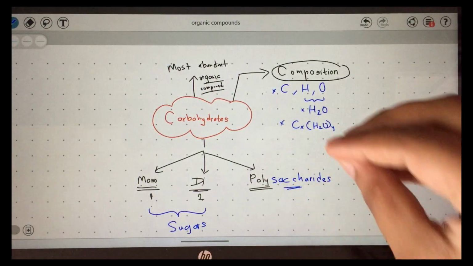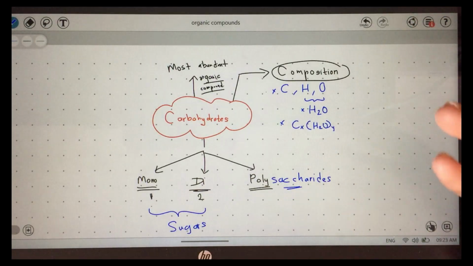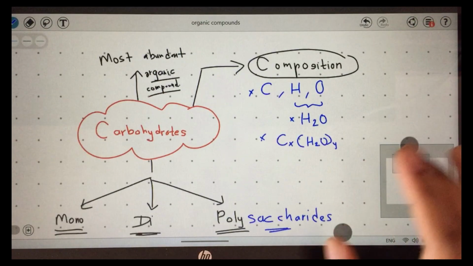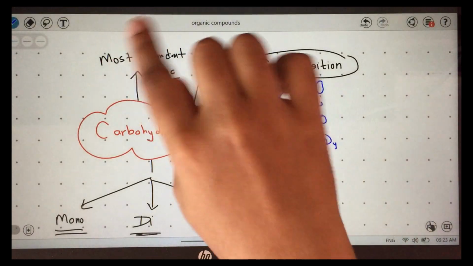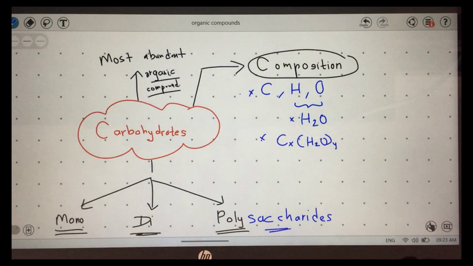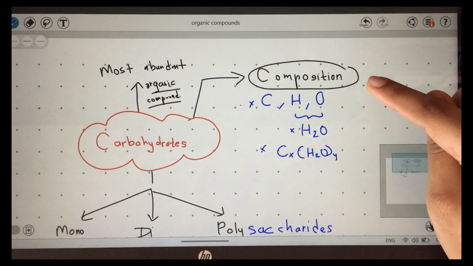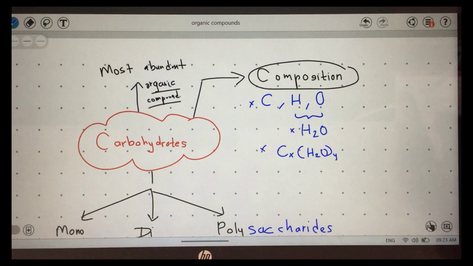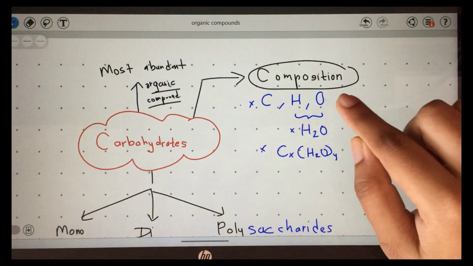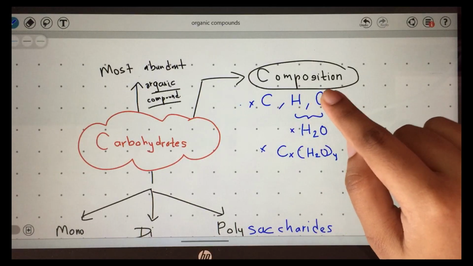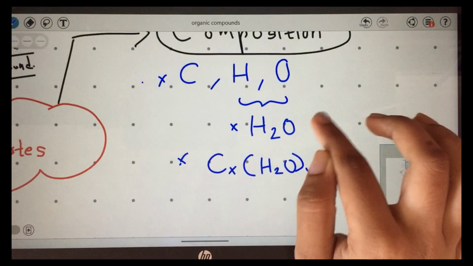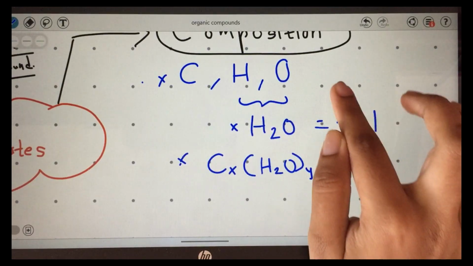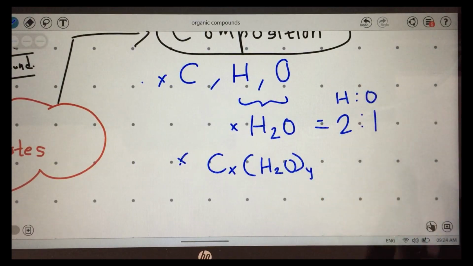Why? Now you have put it into a format, then you remember it better. So we'll quickly go through this. See, carbohydrates, what's the basic information? That we have, it's the most abundant organic compound. Then we have the composition of it. So carbon, hydrogen and oxygen is the elemental composition. And then that elemental composition consists of hydrogen to oxygen. The ratio is 2:1 as in water. So we'll put it here, 2:1 hydrogen to oxygen ratio.